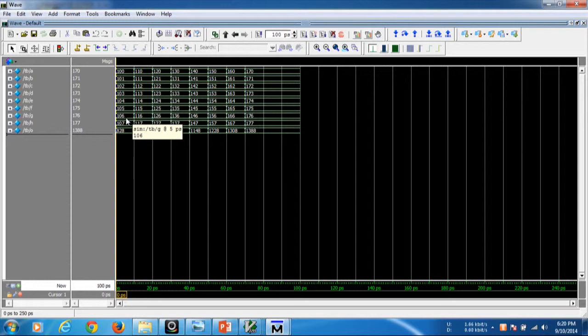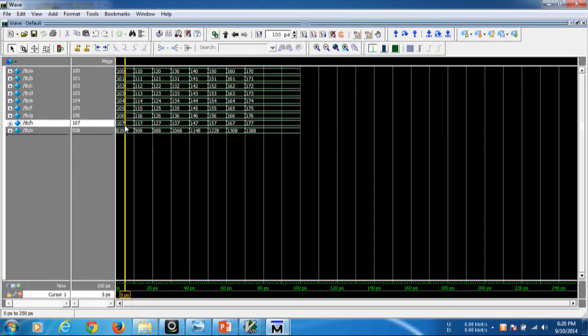Here n is equal to 7. 7 into 8 by 2, which is 7 into 4, 28. So 800 odd plus 28 is 828. So we have done it correctly, and we have successfully completed our 8-bit adder.